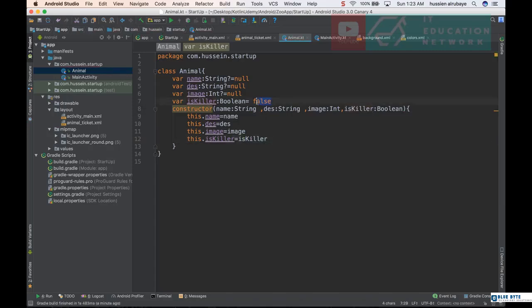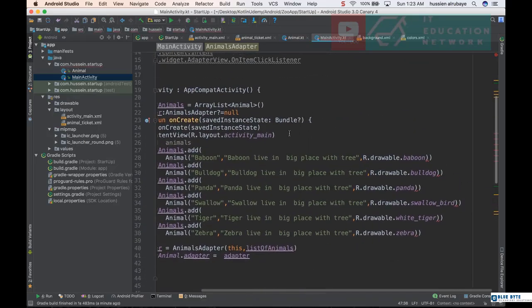Maybe you don't like it being false by default. You could give it null. That is totally fine. You just say, hey, by default I want it to be null. I don't know what the type of this animal is. That's fine. Now when we go to the implementation part, which is this part, when I create the list of the